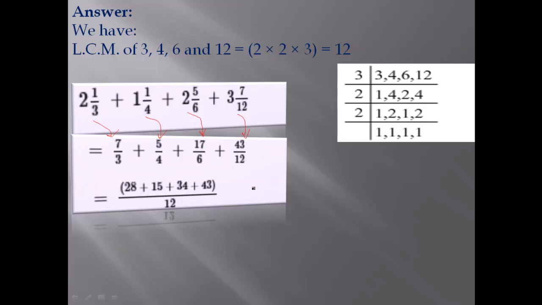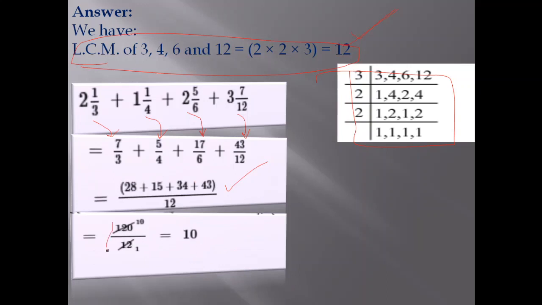And then after that we find the LCM of all the denominators. What is the LCM? LCM is 12. Here I will show the LCM. And then after that we have to do the calculation. You can do it by yourself, all the concepts are the same. Okay, so we are moving to the next question.